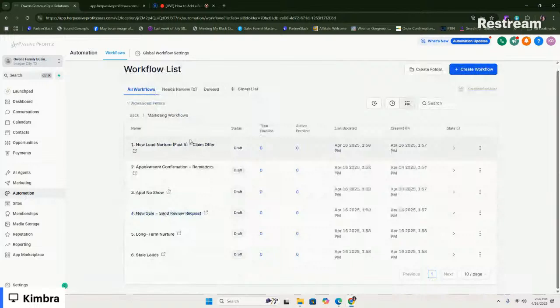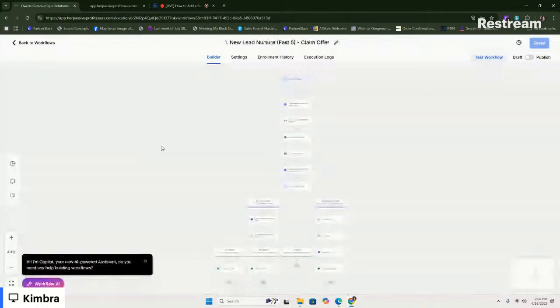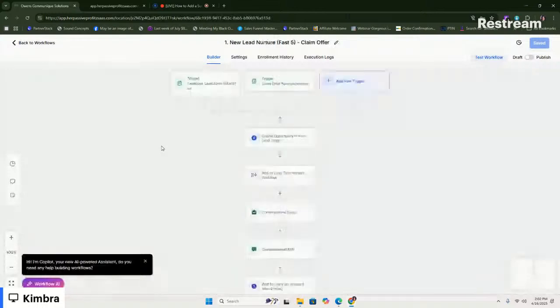All right, so as you can see, we have a nice workflow list here. So you have new lead nurture. Okay, so we just click on that. Those are for people that come along through your lead magnet. Okay, and so this is basically an email drip sequence